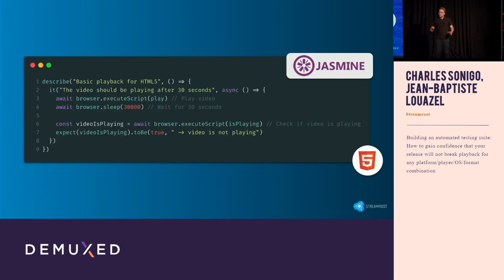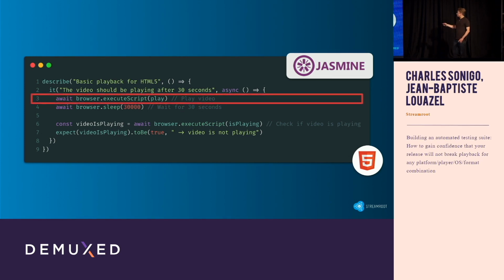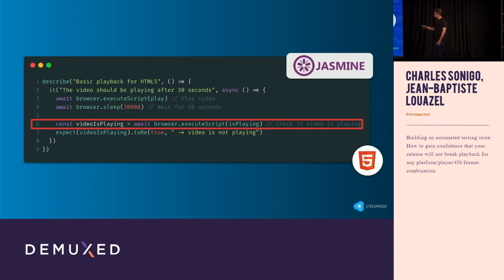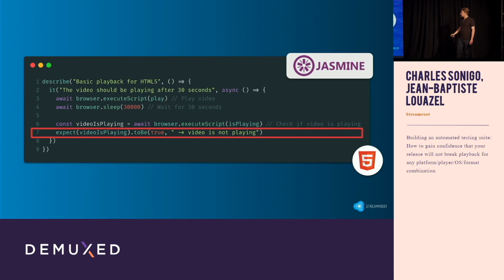And now that we have a way of provoking an action on the player through the node, and to test if it works, we can start to add more complexity into a scenario. And we use Jasmine to power that, which is one of the available JavaScript frameworks out there. This one is really simple. We play the video, then we wait for 30 seconds. We do the assertion with the function we have created. And if these tests actually pass,